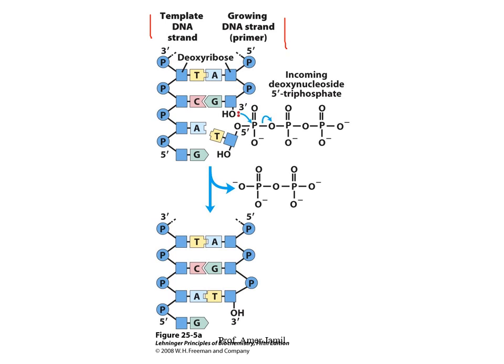So in this case, you need some small oligonucleotide which is called a primer. First the primer is synthesized, and that primer is synthesized by some other enzyme that I will talk about a little later. But in this case, you can see that there is a 3' hydroxyl of the DNA strand. This is the 3' hydroxyl at this place, and this 3' hydroxyl has a lone pair of electrons,